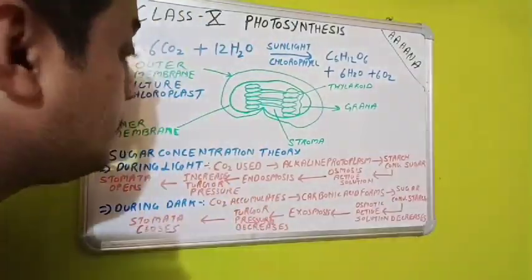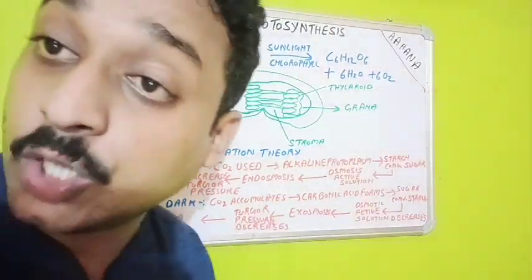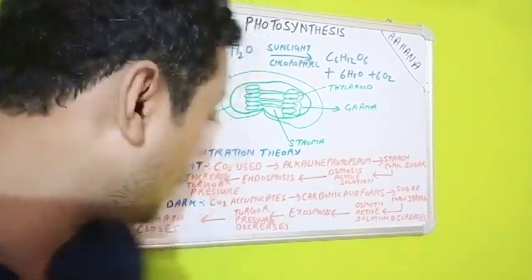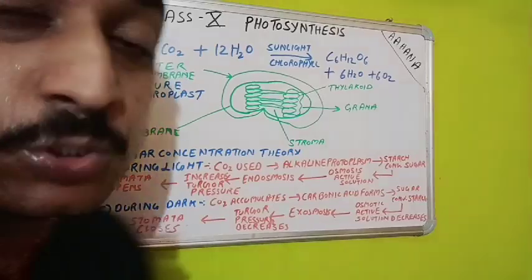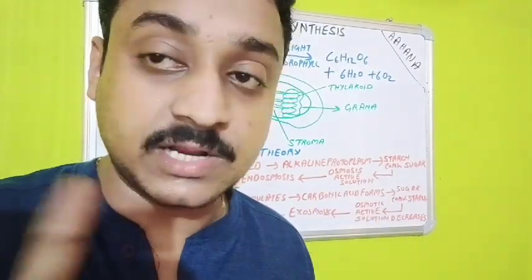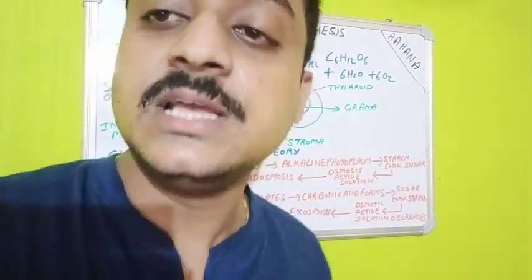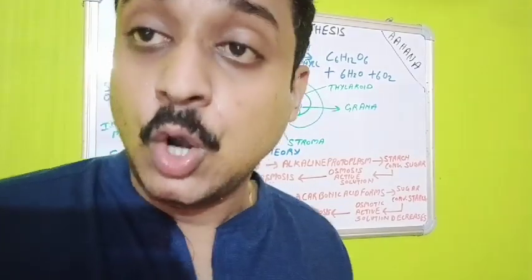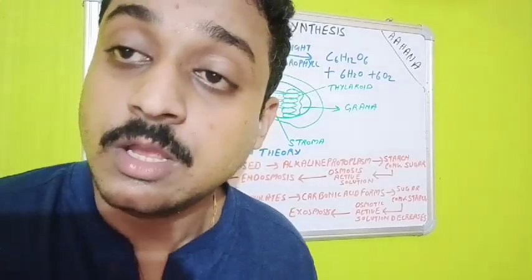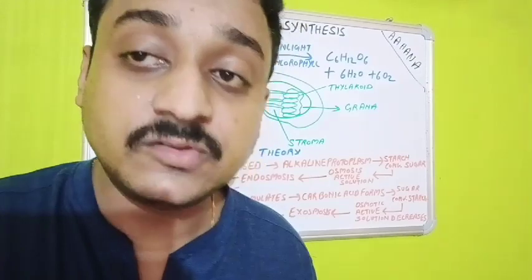So what happens here? The osmotically active solution causes endosmosis to happen. Due to endosmosis, more and more water is withdrawn into the guard cell, and now the stomata opens. We know when the guard cell becomes turgid, the stomata will open. This is our concept. When the guard cell is turgid, the stomata is open. When the guard cell is flaccid, the stomata is closed. So to make the stomata open, the guard cell has to be turgid. To make the guard cell turgid, the sugar has already been solubilized in the water.